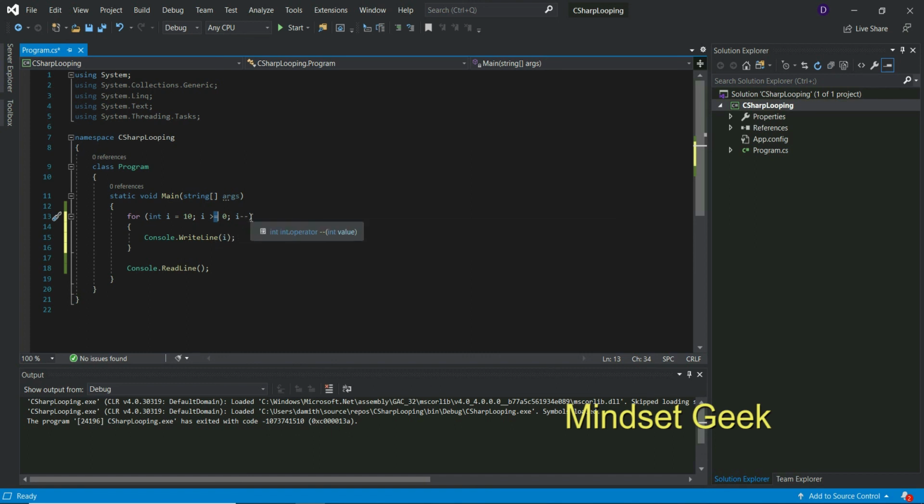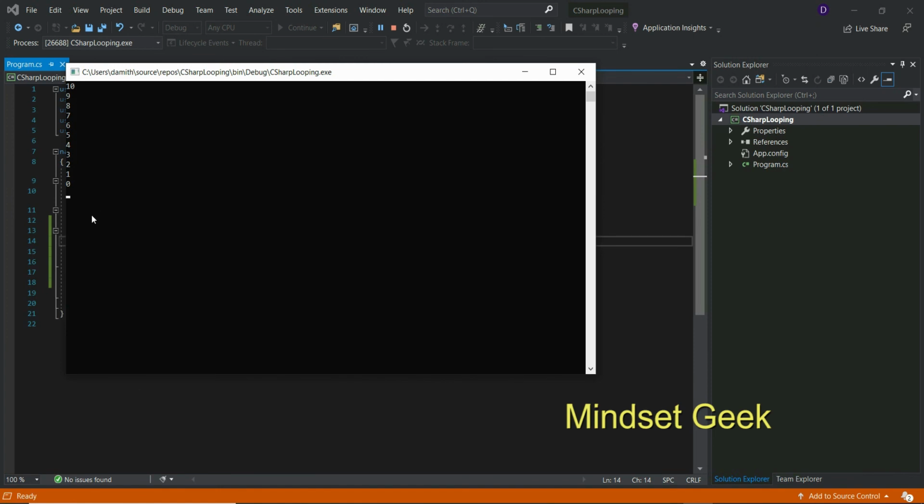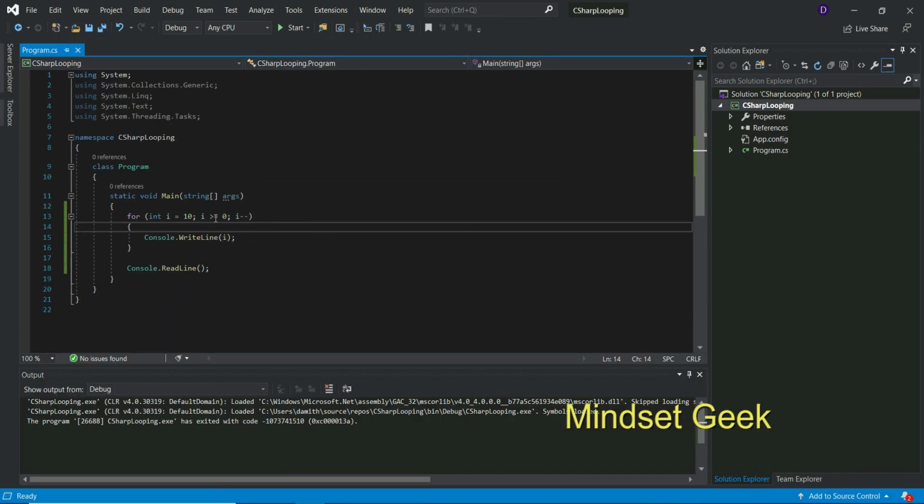Then 0 minus 1 is minus 1. Minus 1 greater than or equal to 0 is false. Now terminate your for loop. Check the result: 10 to 0. Actually we use this one.